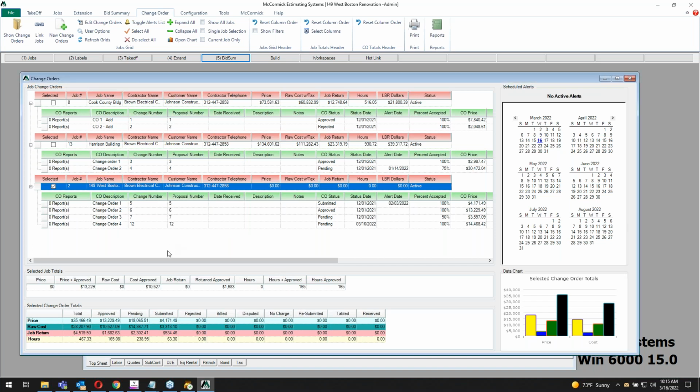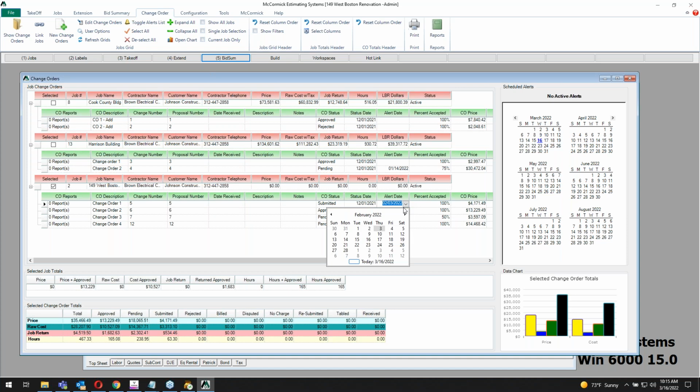There we go. So now this is going to be live, and it's all actually going to tell you how much money you have out there down at the bottom, what's being submitted, projected, but also what's approved. But more importantly, you can actually come through. And like my change order one, I submitted it back in December, and I haven't heard back from this one,